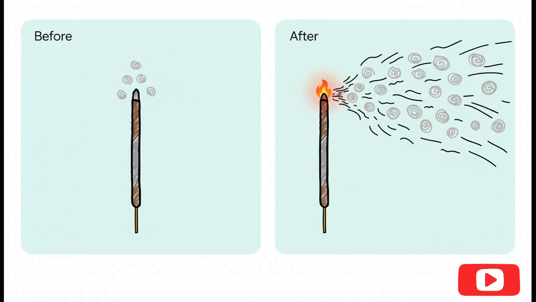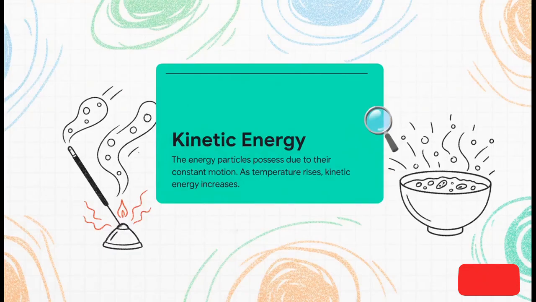Okay, let's talk about rule number 2, that constant motion. Think about this. If you have an unlit incense stick, you got to put your nose right up to it to get a whiff. But the second you light it, boom, within moments, the smell has traveled all the way across the room. Why? It's because those little aroma particles are literally moving. They're zipping through the air and spreading out. It's a process called diffusion.